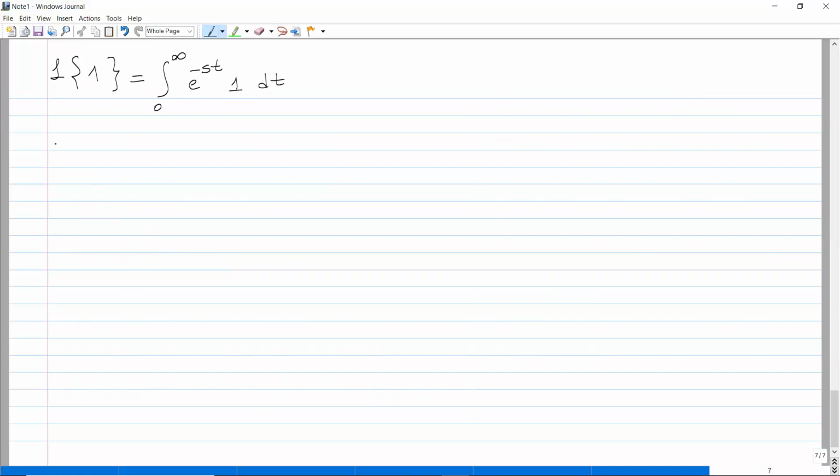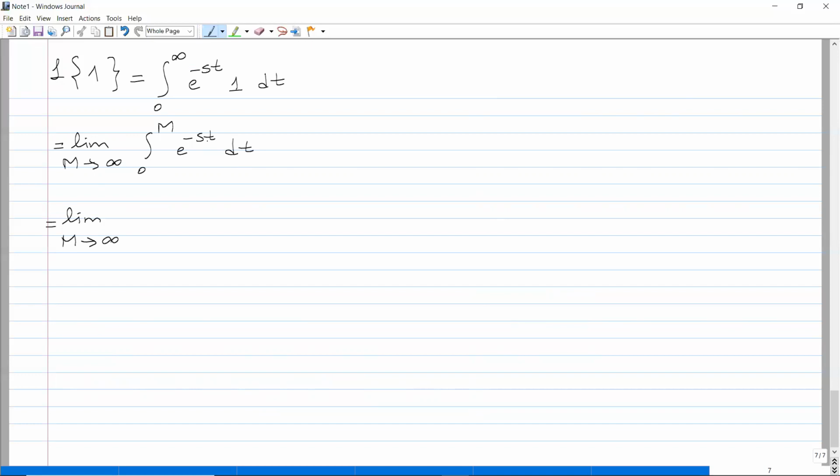How do we evaluate this improper integral? We write it as a limit as m goes to infinity of the integral from 0 to m of e to the minus st dt. Well, this function is easy to integrate, and the antiderivative,